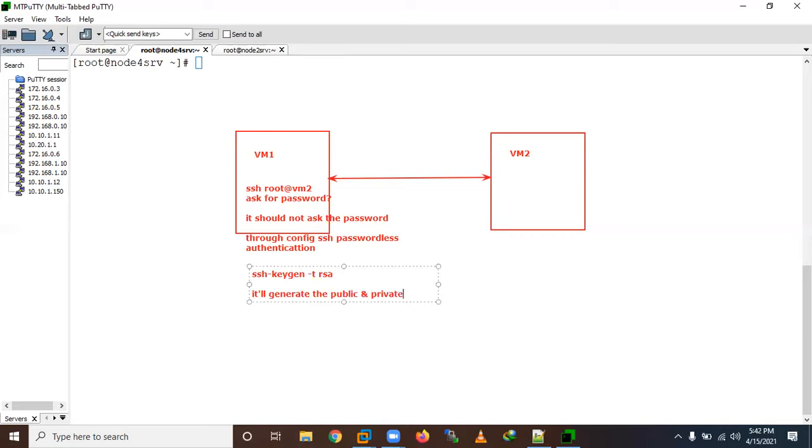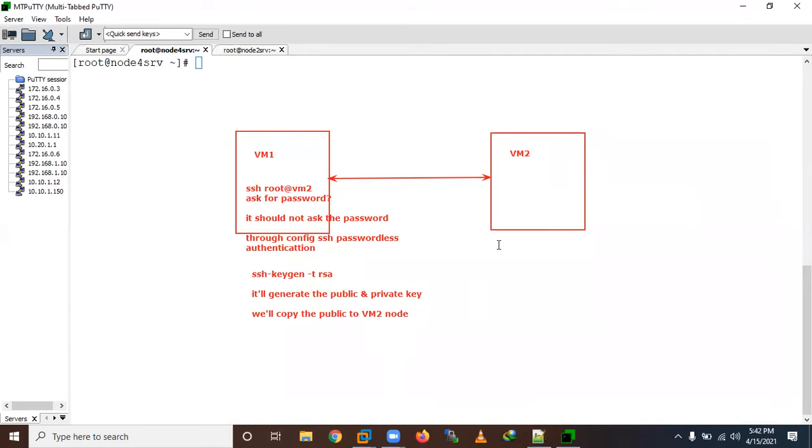Then we will copy the public key to the VM2 node. We have two options, I will let you know that. Here we will copy it as an authorized_keys file, so it will create an authorized_keys file.